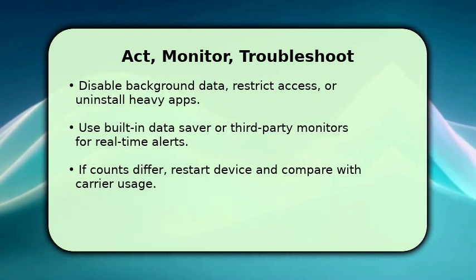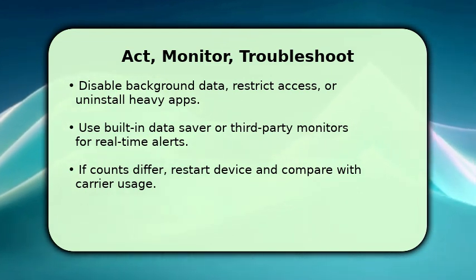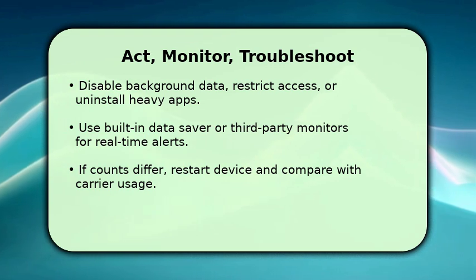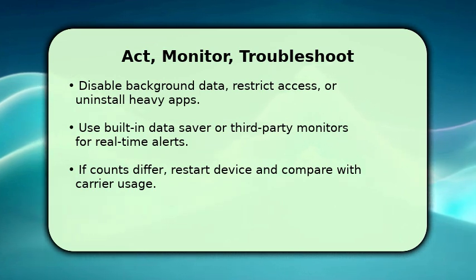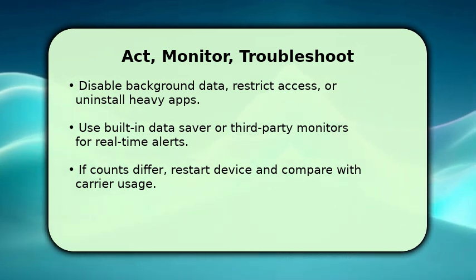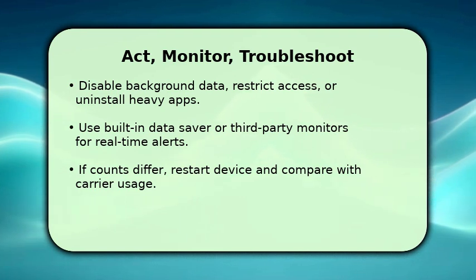If your device totals differ from your carrier, restart the phone, recheck the cycle dates, and compare again. Carriers may report with a delay. If problems persist, toggle network settings or contact your carrier with timestamps and app names for